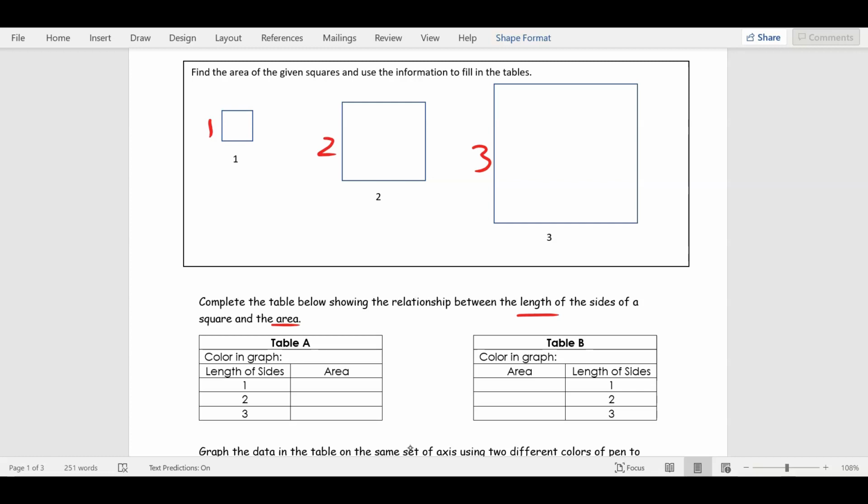We said it's side times side, right? So 1 times 1, what do I get? 1. What about number 2? What do I multiply here? 2 times 2 is 4. What about the third one? 3 times 3 is 9. So, can we fill in that first table? If the side length is 1, what's the area? If the side length is 2, what's the area? And then for 3,